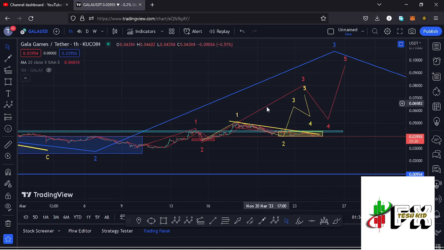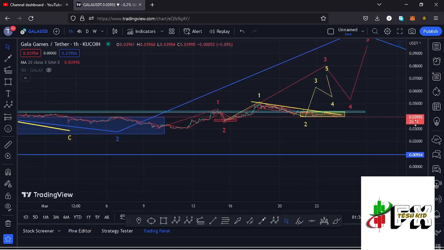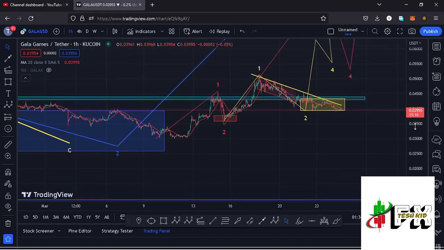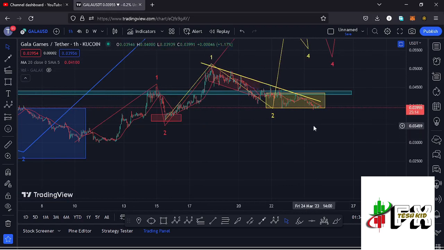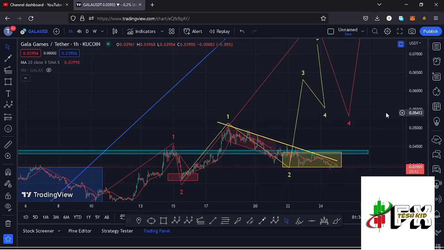And since now we are in the formation of this wave 3 of this Elliott wave structure right here in red, which is also an impulsive wave to the upper side, I'm also expecting to see another 5 wave structure in formation within the formation of that wave 3, where you can see that I have this Elliott wave structure in yellow, having that as the first wave.